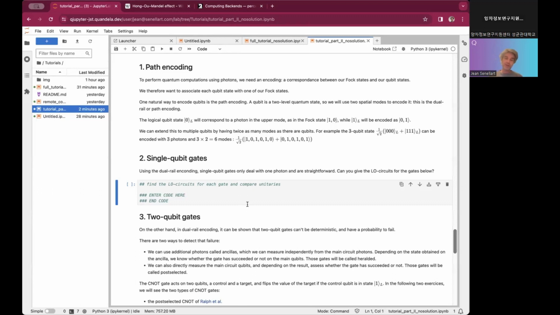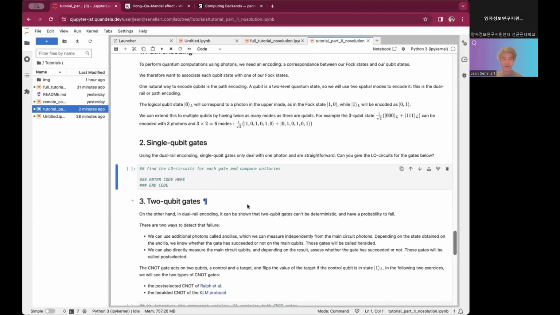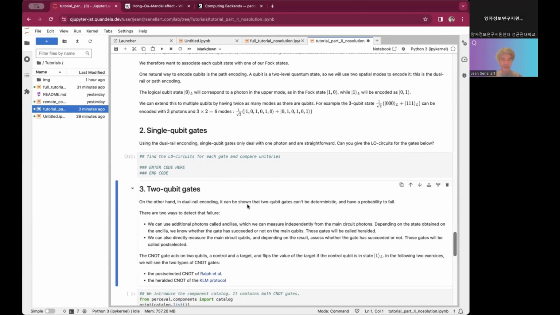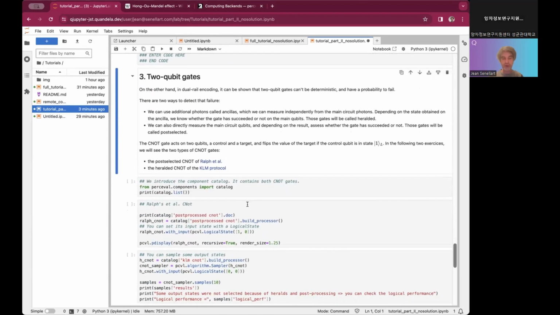The goal of this part is just to try to find which quantum circuit can make an RX, an H, and all the different standard single qubit gates that you know. It's very simple, and it's just playing with unitary matrices. I'm skipping this part, because the most important one is going to be the CNOT. So we'll be implementing a CNOT gate. There are multiple ways to do that in Perceval, in photonics, and Perceval has the methods implemented.